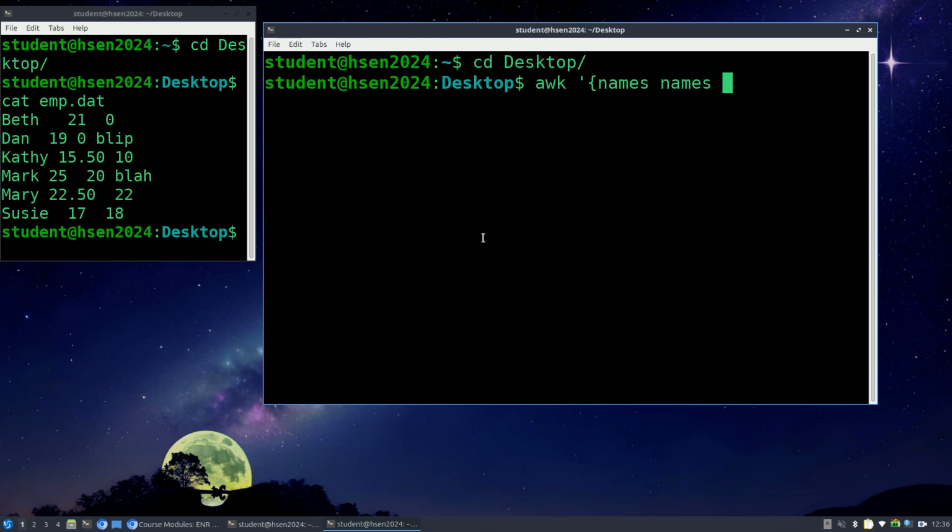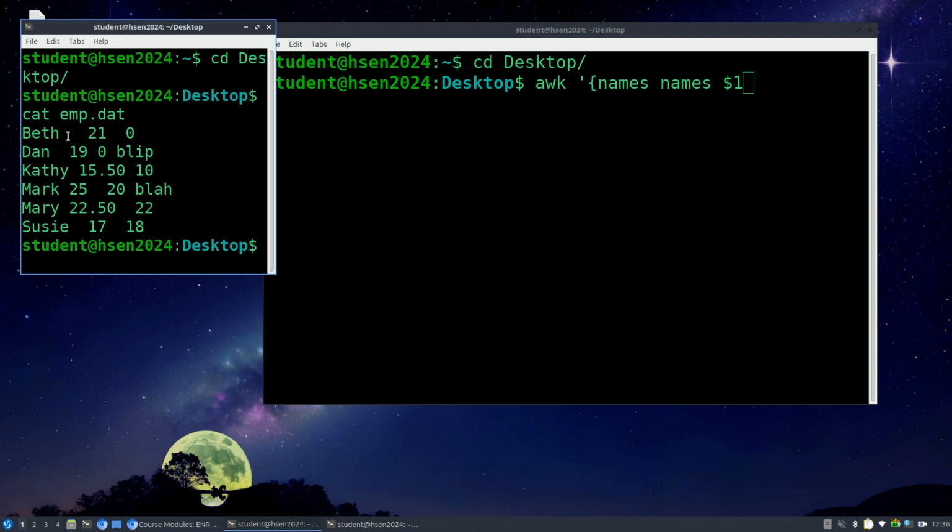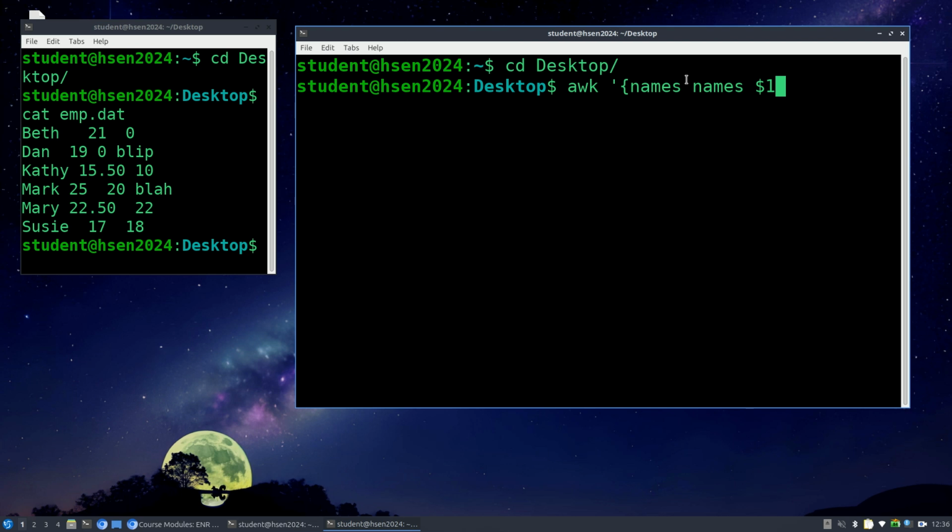Okay, and then I'm going to put in the first field because we're going to be looking at this. I beg your pardon? Oh, yeah, I'm sorry. Yes. Thank you. That's missing. Names equal. I had that before and then I removed it. Okay, let me put a space in. I'm supposed to do that. I don't know why I'm having trouble typing it. Okay, names equals names. All right,